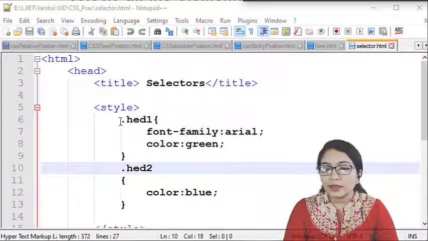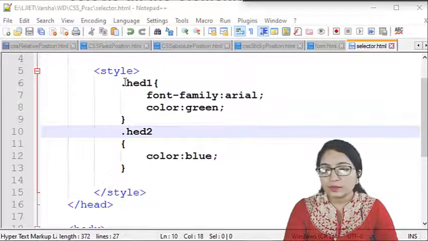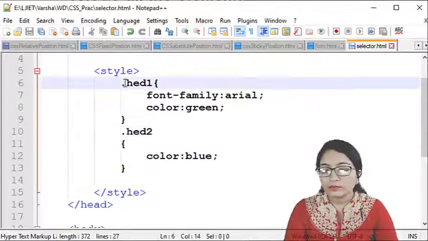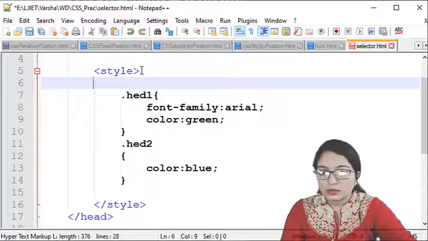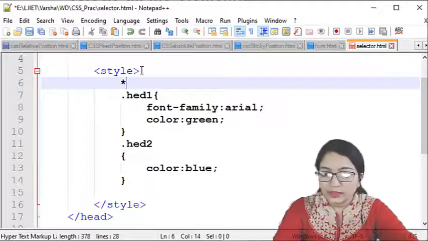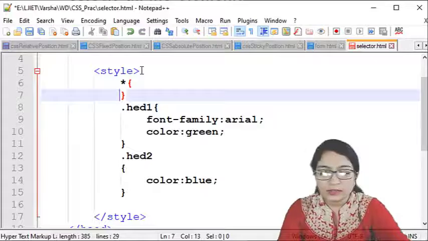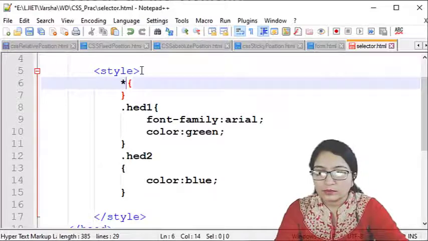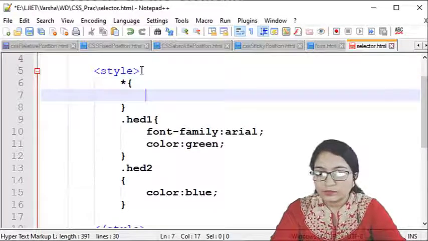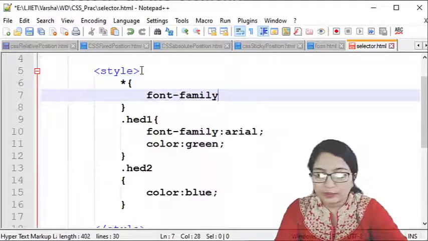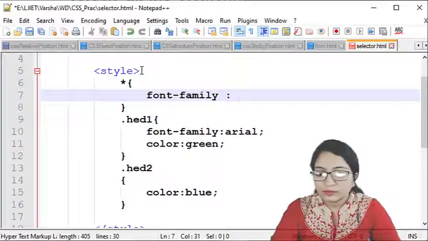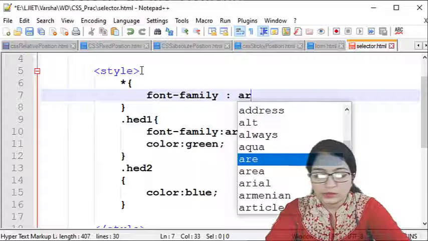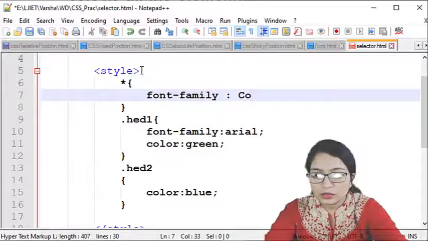So here you can see in place of this, suppose I am writing here star, in which I am writing this. Suppose I want the font family, that is Arial, or just use the